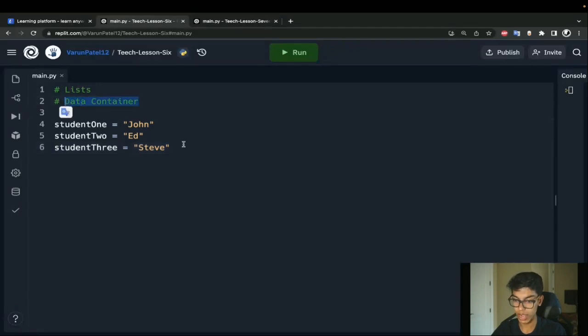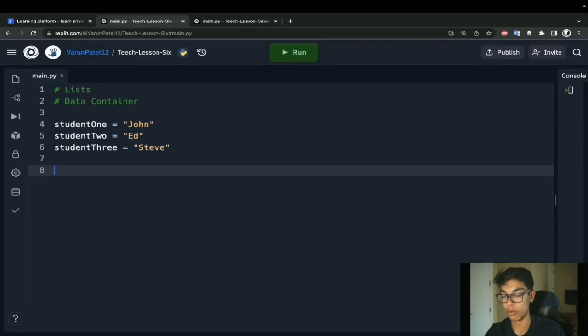So let's explore how a data container can help us with that. The first step in creating a list is to give it a name. We're working with a group of students, for a teacher, so we'll call this list class roster. That's the name, just like setting a variable. I say that's equal to, and then my list is enclosed within these brackets.